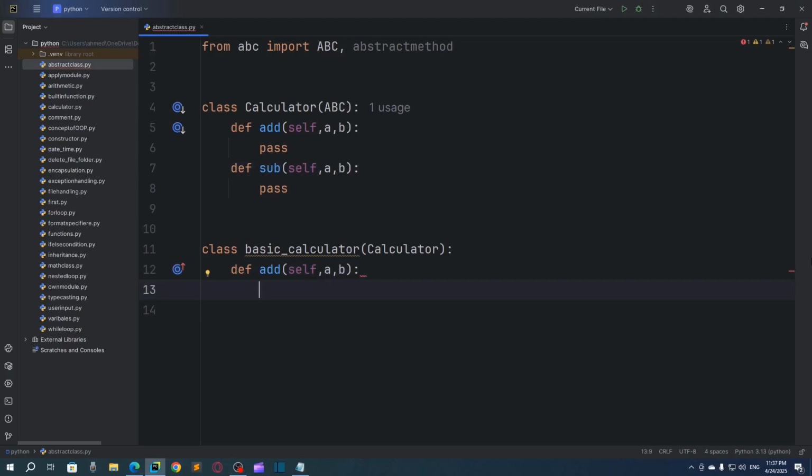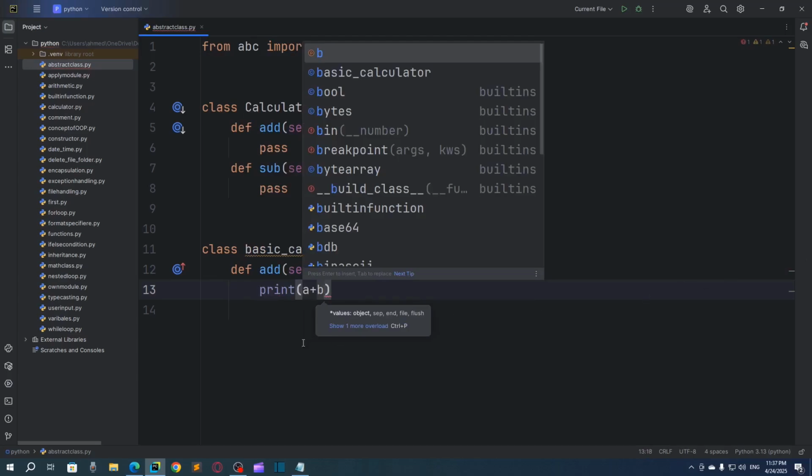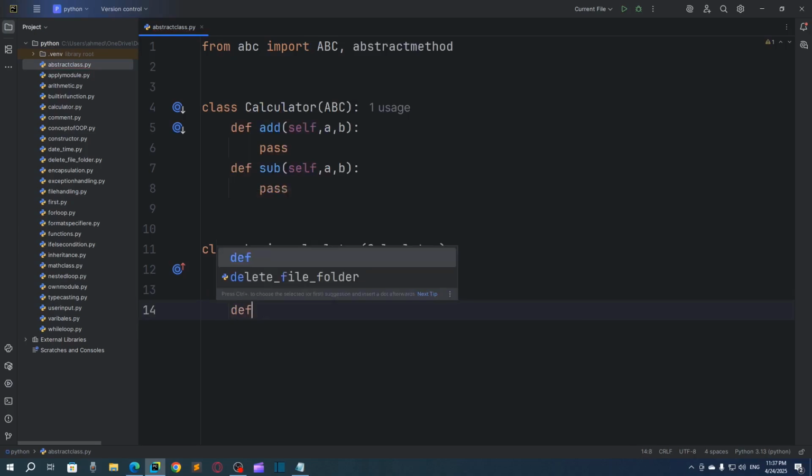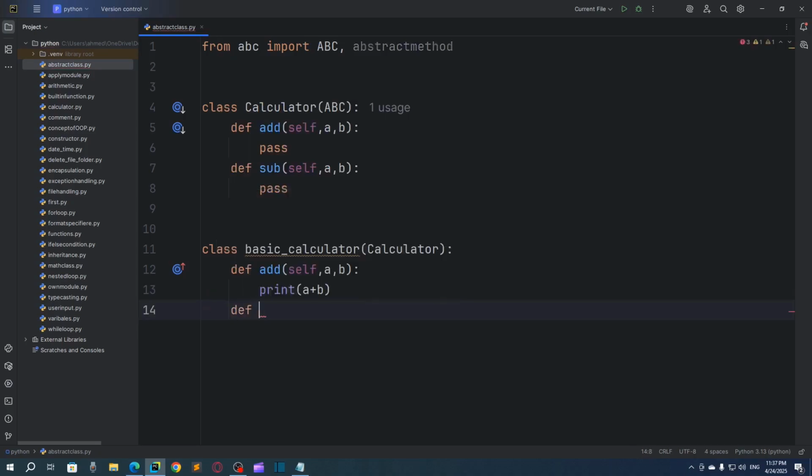And here I want to print a plus b. That's it. Now I will define the second method, sub, with a, b. So I will say print